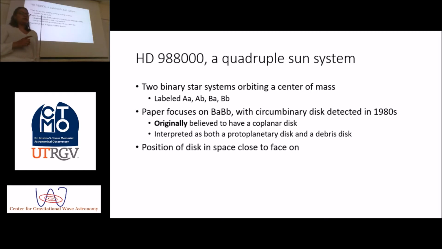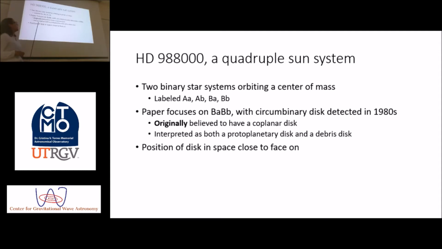Actually, I'm not sure that's particularly true. Star system A is orbiting around star system B. They used a weird naming technique in the paper, so I just wanted to go through that in case any of you had questions. The first binary is referred to as A, and each of the stars in the binary are little a and little b. The second binary system, the one that's talked about in the paper, is referred to as B, and the stars within that system are also little a and little b.